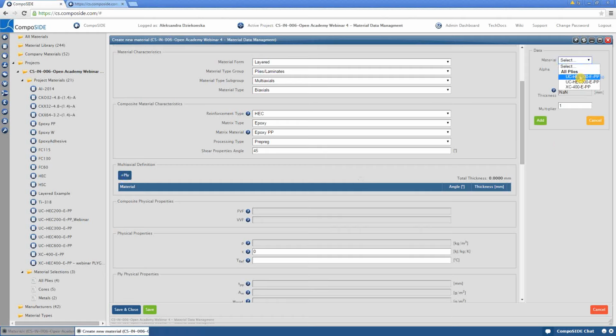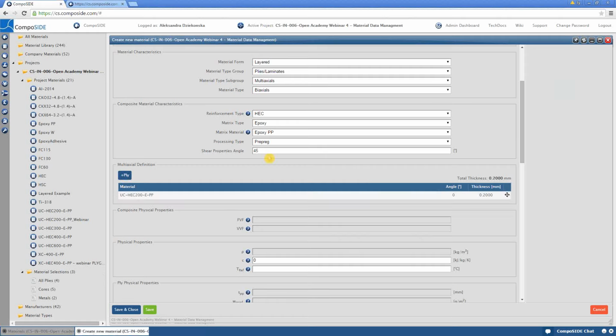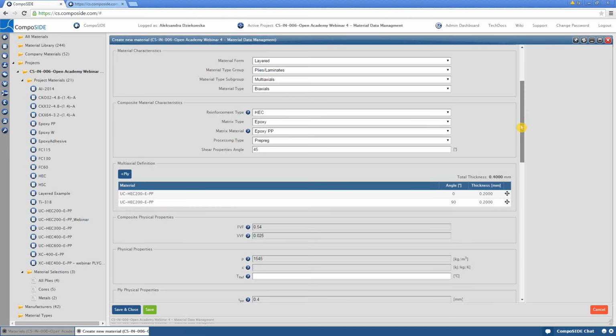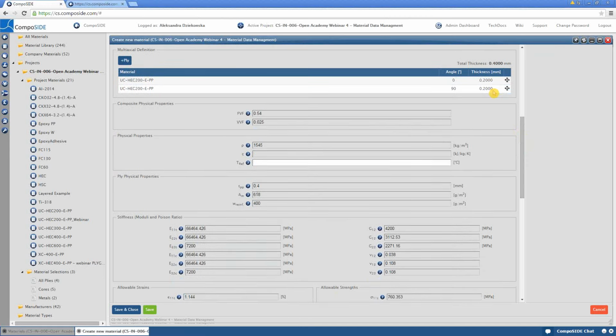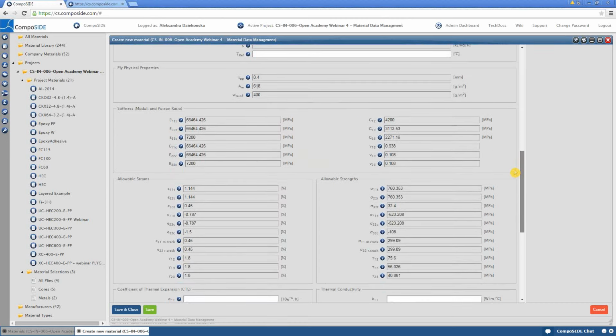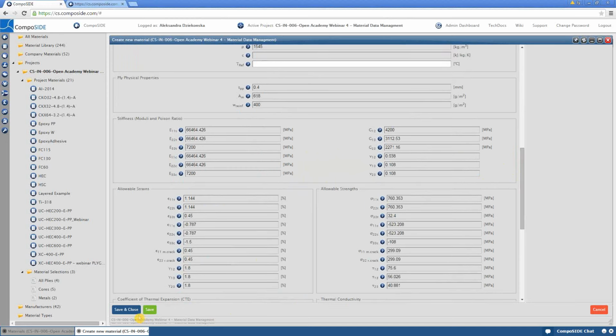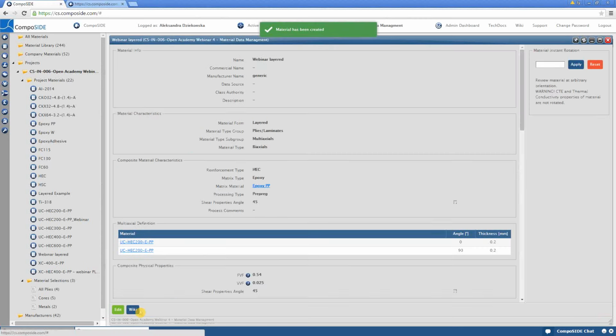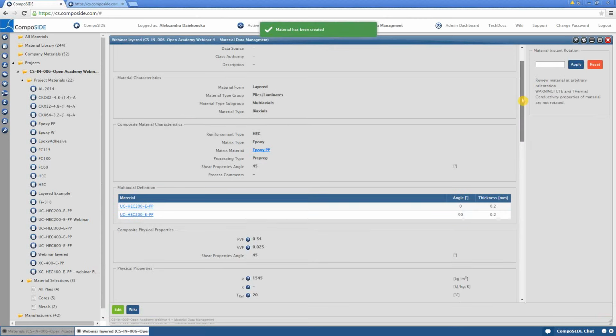Now it goes into our mini lamina space, which is part of this material creation form, and applies into this definition of the ply. And as you can see, data is calculated live, so you can see that the stiffnesses, the thickness, and strength and strains, all of those strains are calculated automatically for this particular layered material. Of course, it's all assumed as a plane stress ply, so we are still in a thin